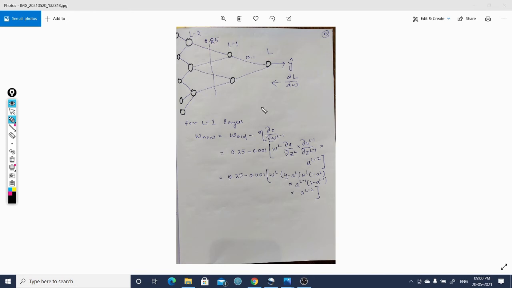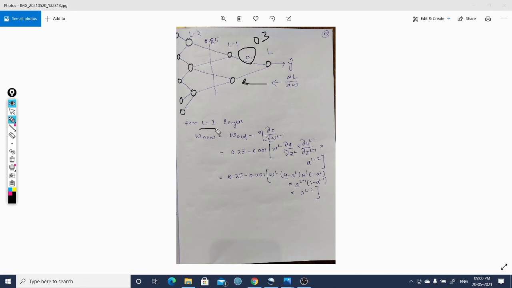Okay, for this layer, see how it's going to calculate. We have already updated this weight, right? So in the backward propagation, we have already calculated this one, so we need to update the next. We have already updated this one to 0.03. So let's update this particular 0.02. How is it going to happen?